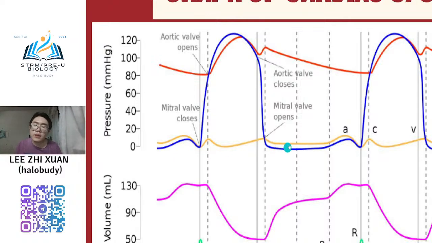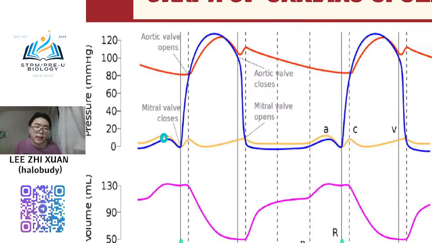So you know that this place, this very low pressure one, is ventricular and atrial diastole. And then starting from here is the phase of ventricular systole. And then starting here to here is also atrial and ventricular diastole, and then here it increases very slightly, this is the place of